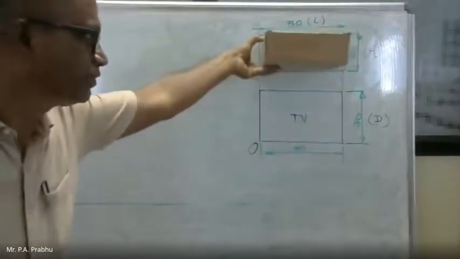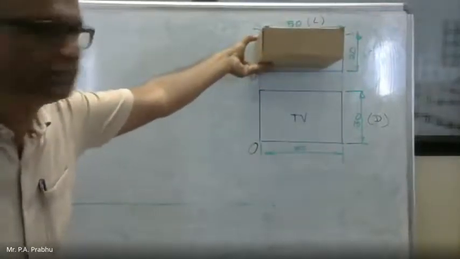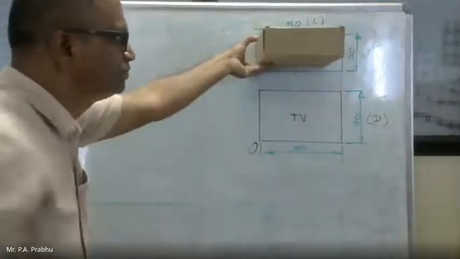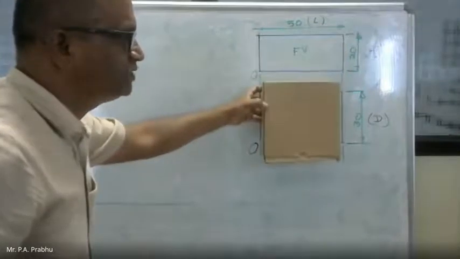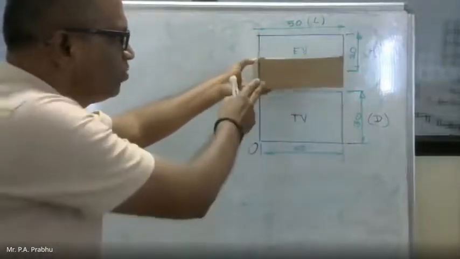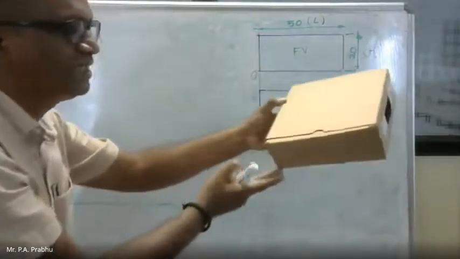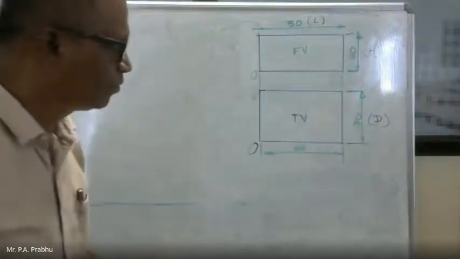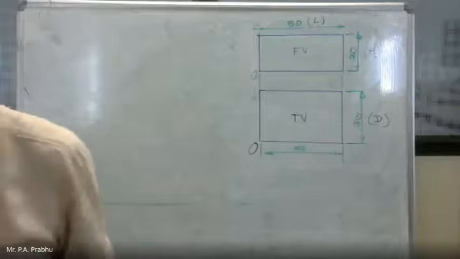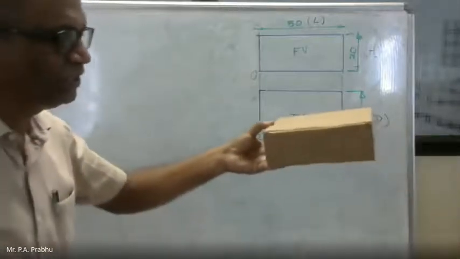Okay, so front view is like this. So this is your height dimension, this is the length dimension, this is the height dimension, and this is the top view, and origin is now given here, means your object is rested like this. Okay, now start. So how to visualize? So here